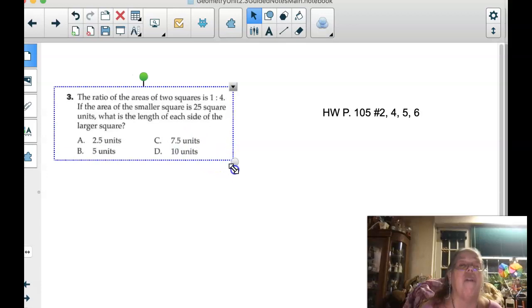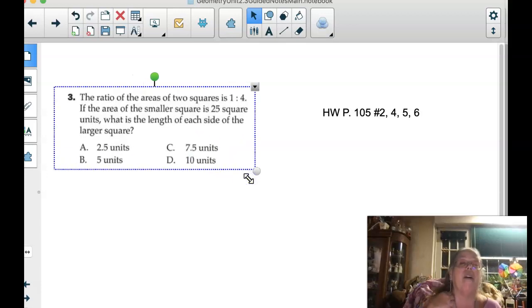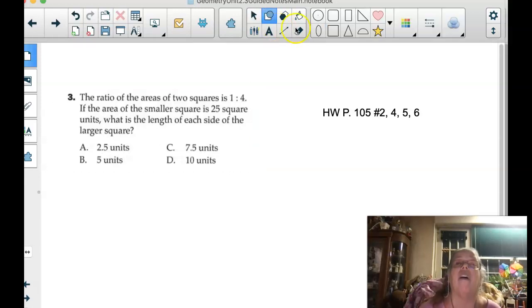Okay, the ratio of the areas of two squares is 1:4. The area of the smaller square is 25 square units. What is the length of each side of the larger square? I love this. Because area is length times width, or in a square, it's side squared. So if side squared in the smaller square is 25,